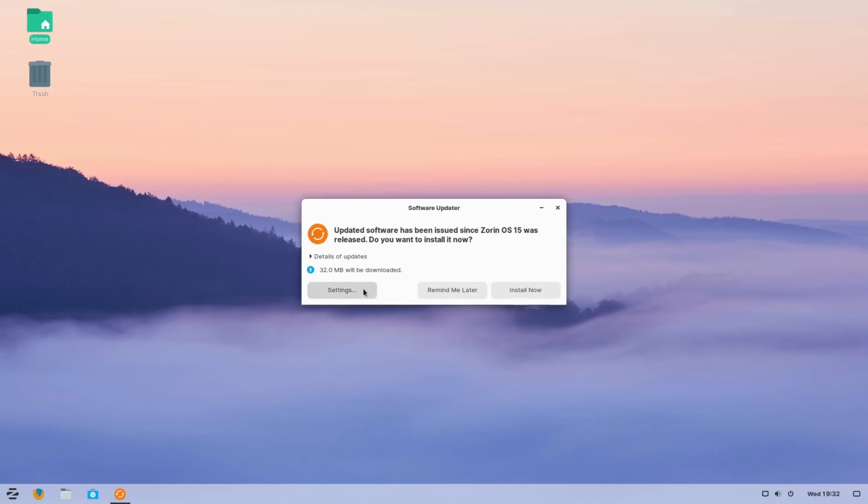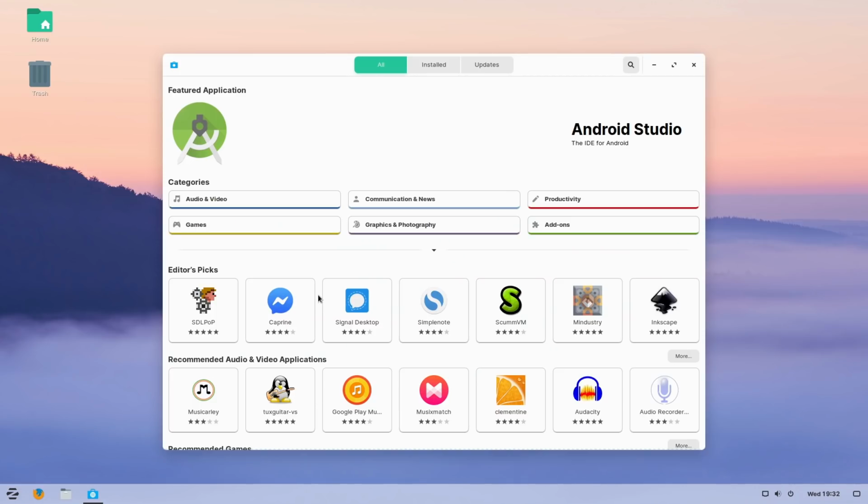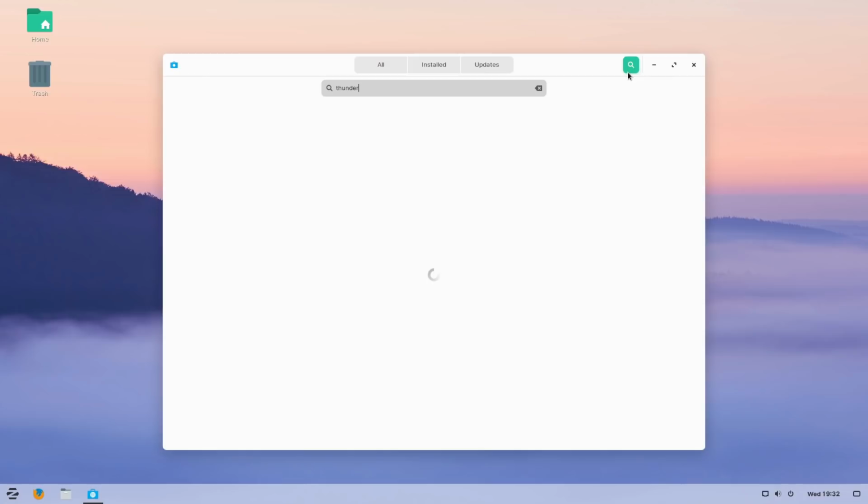Okay, so here it does tell us that we have some updates to do. I'm not going to install updates today. Let's go ahead and have a look at our software store. I think this one uses the GNOME Software Center, which I do not like, the GNOME Software Center overall. I find that the Linux Mint one that comes with FerenOS is definitely a better software center. A lot of the problems I have found is